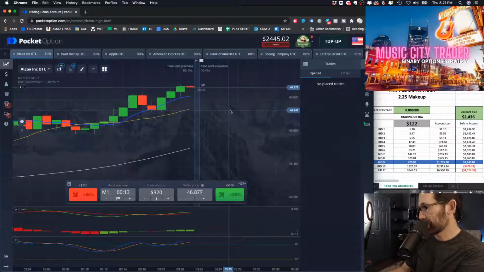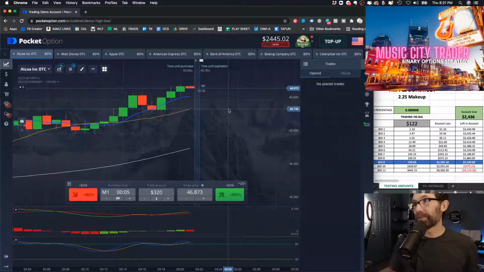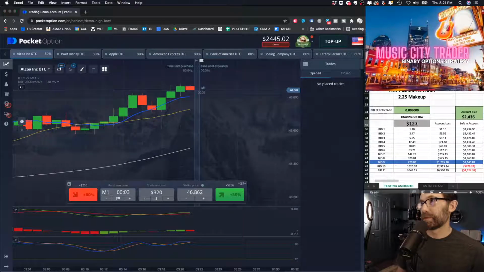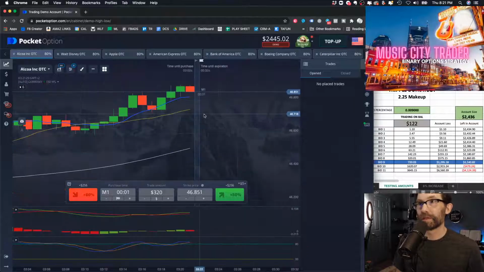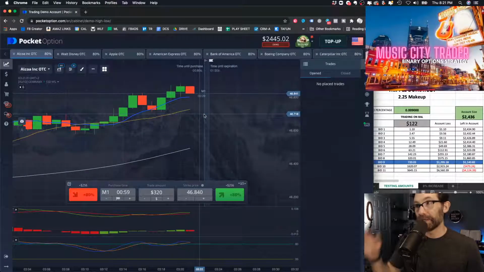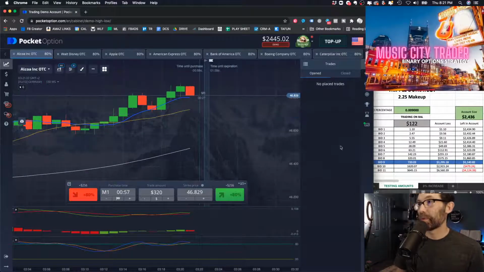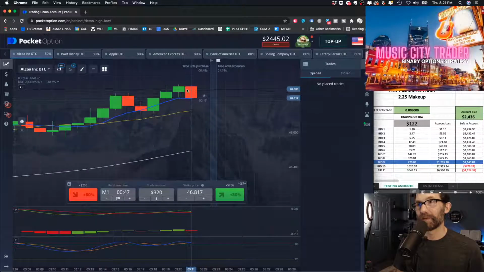So from 24.34 to 24.45, so $11 plus $11, which was what I wanted, my 8% gain. 8% of the trading on balance. This is a little different strategy, but what it gives me is 9 trades deep. I can go 9 trades, and I don't have to worry about it too much because I'm just pushing and looking. But see, this is interesting because I would have made another call there, and that would have been bad